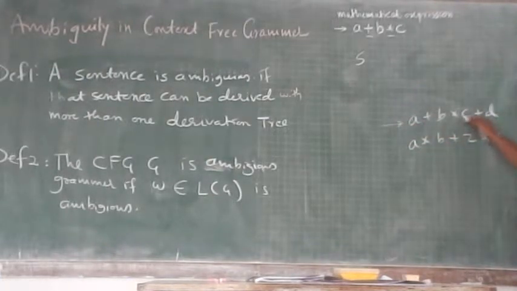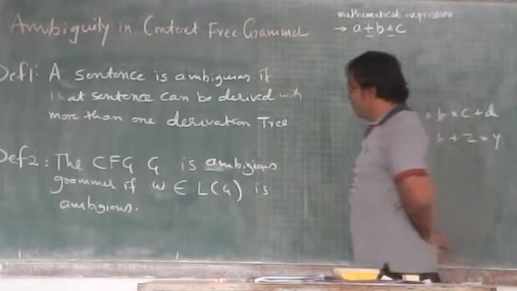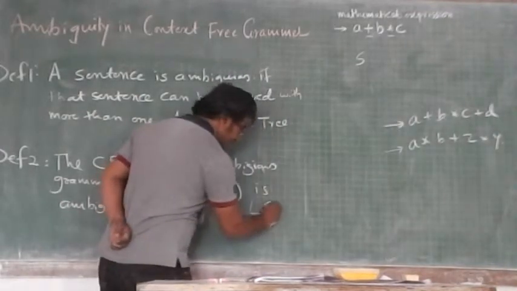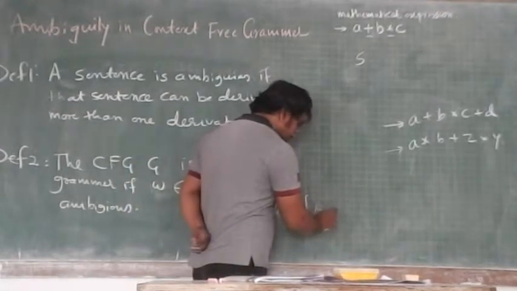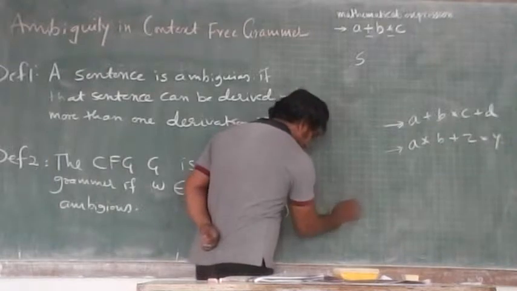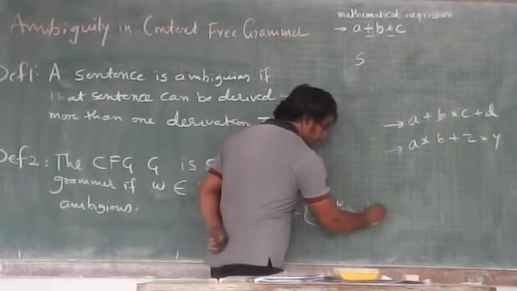much, it is 7, and this mathematical expression involves two operations. These are multiplication and addition. So this is a valid sentence for my language to construct. This is another valid sentence. What is my language? My language is what? Mathematical expression